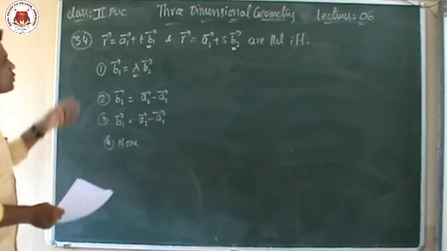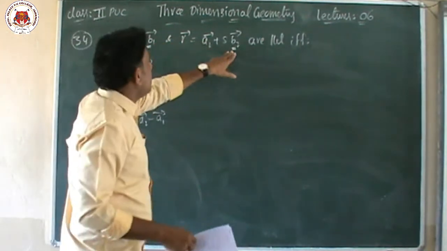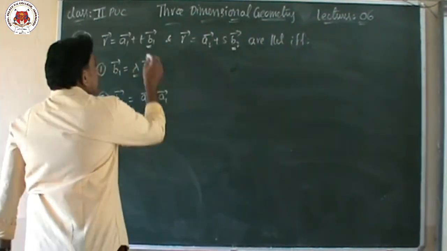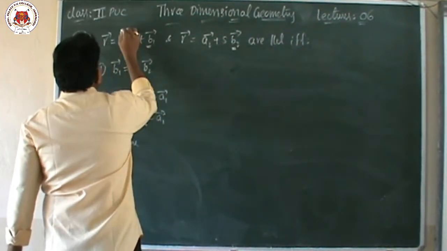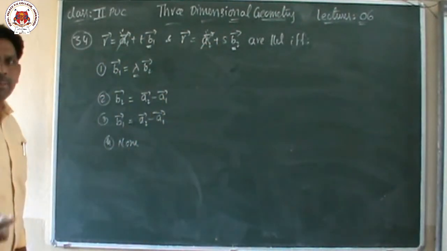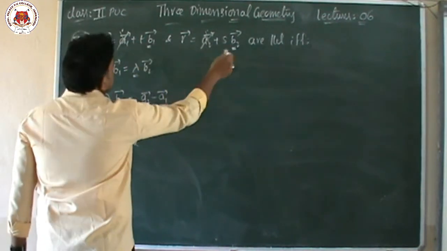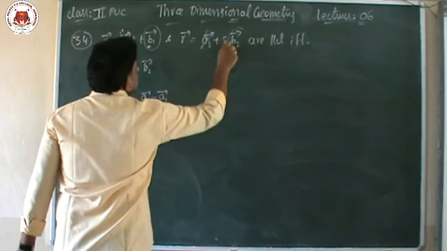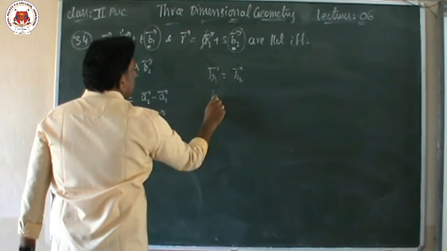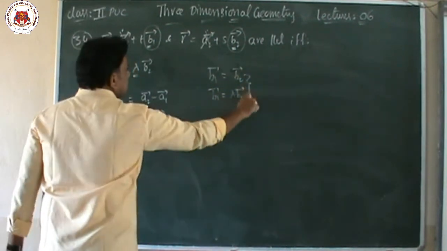Just now I said if two lines are parallel, compulsorily these vectors must be equal, or one vector equals some scalar times another vector. That's it. After this special character, this is the crossing point, and the crossing point we cannot consider. For parallel or perpendicular, we always consider the vector which is with the scalar. So either these two vectors are equal, or one equals some scalar times another vector. Any one is the correct option.